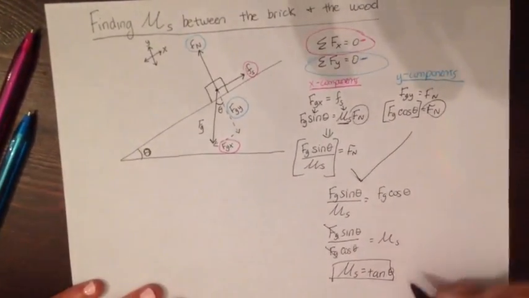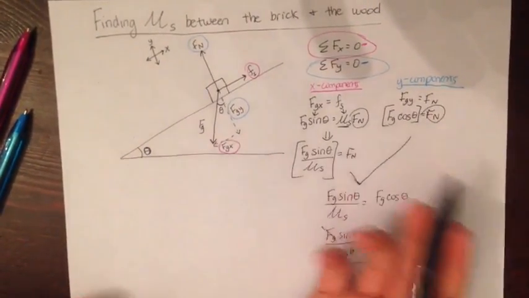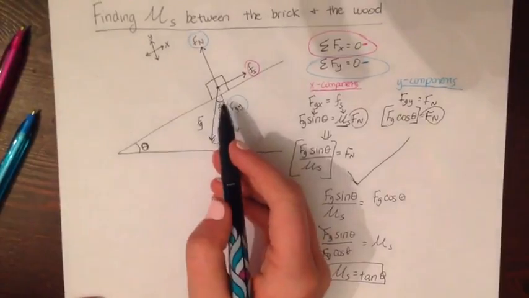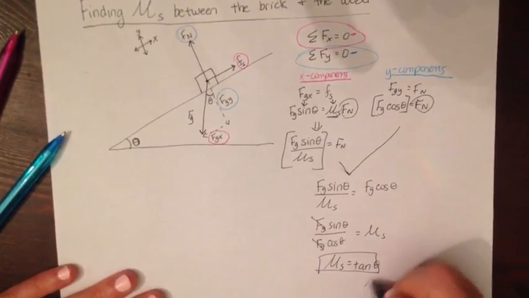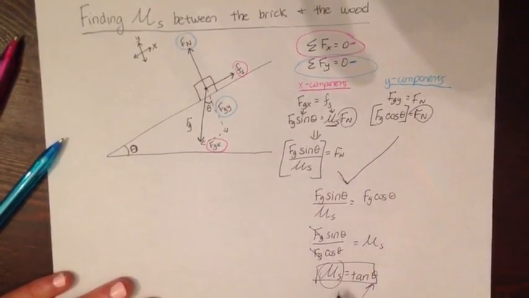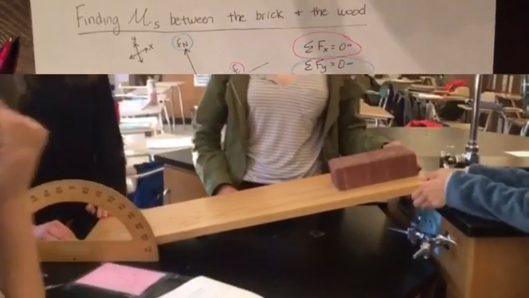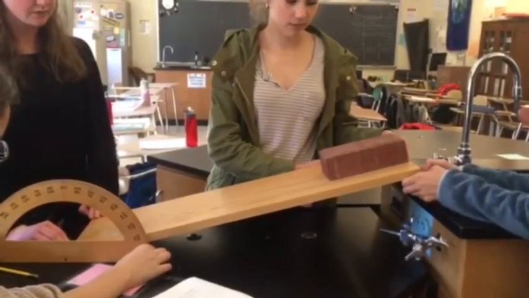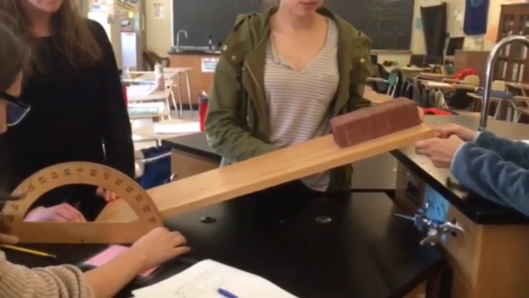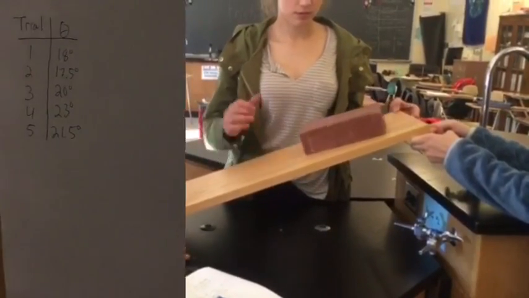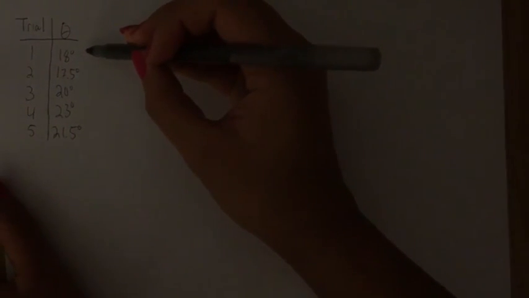And so now we know that theta is the maximum angle that the incline will reach before the brick starts moving, and therefore we will plug whatever angle we find during the experiment into here and be able to find mu sub s. To find theta, we conducted 5 trials where we had the brick on the plank of wood and a protractor at the base, and we would lift up the plank of wood until the brick began to slide and then call out the angle the base was making with the table. On our first trial, we got a theta of 18 degrees, then 17.5, then 20, then 23, then 21.5, which means the average theta